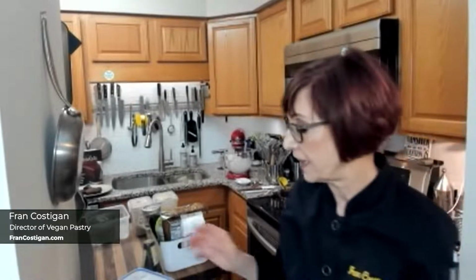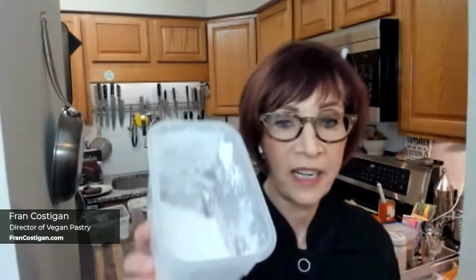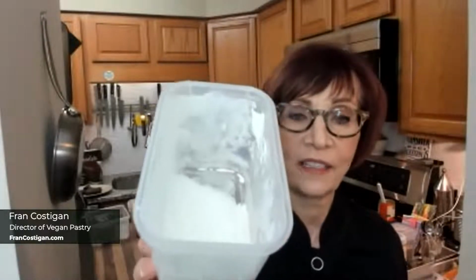Now, since I want to use vegan sugar across the board, I want to use castor sugar or superfine sugar, depending on which side of the pond you're on. That's superfine sugar. That is not confectioner's sugar. That's next. But then I take the very same cane sugar